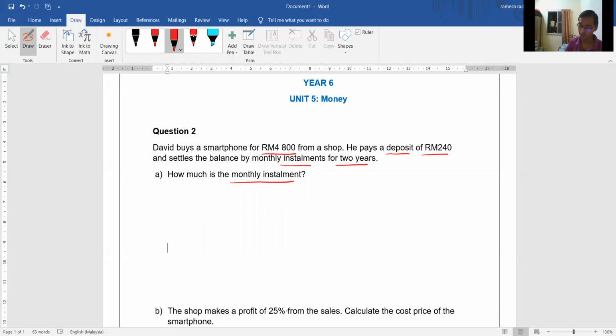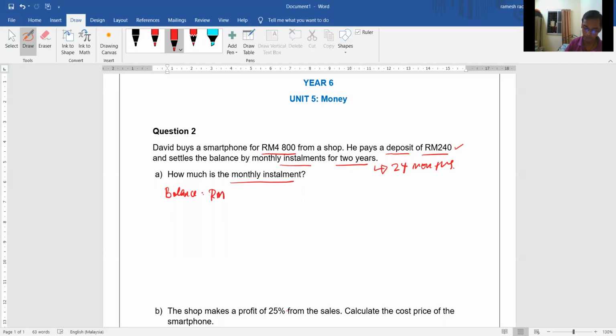The first thing is you just find it here. 2 years, each year is 12 months, so 2 years equals 24 months. So how much is the installment? The first thing you must do is minus the deposit, how much you pay. So we find the balance first. Balance must be the cost price, I mean the selling price of the smartphone,